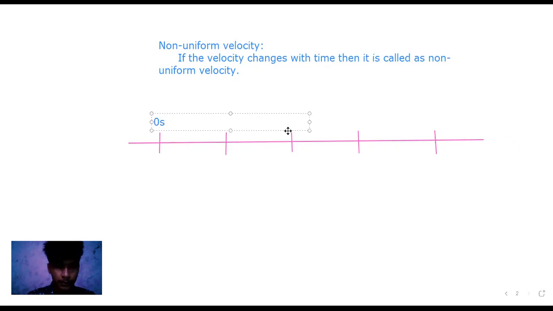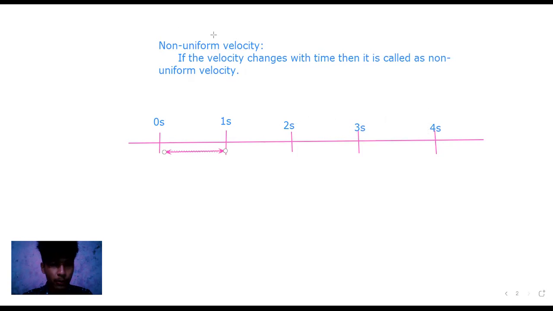This is at 0 second, this is at 1 second, this is at 2 second, this is at 3 second. And now we have got the displacement